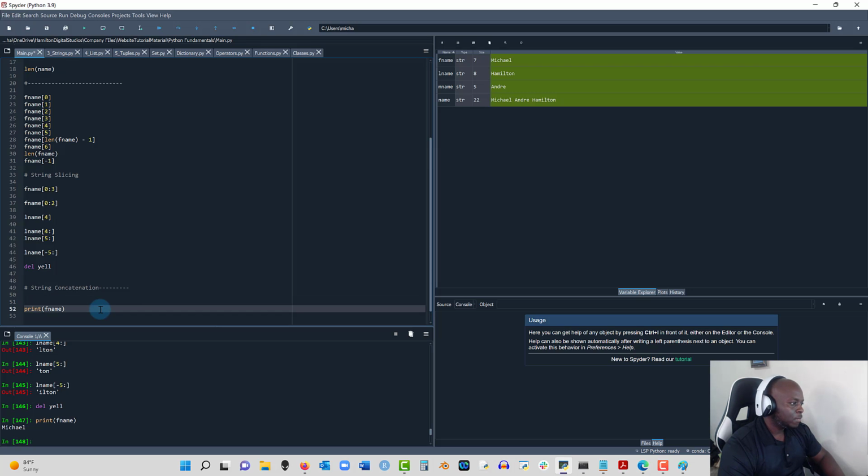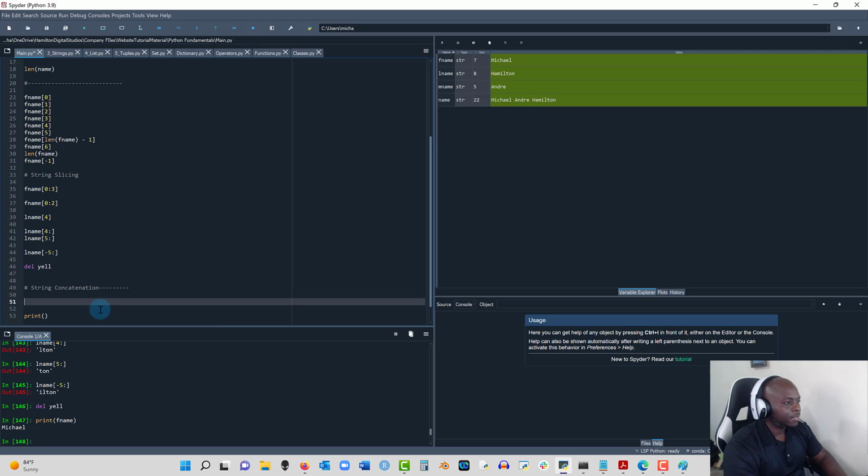We're going to create a new variable that has the names together. I'm going to call it concat names is equal to first name plus middle name plus last name, and then you do shift enter here,